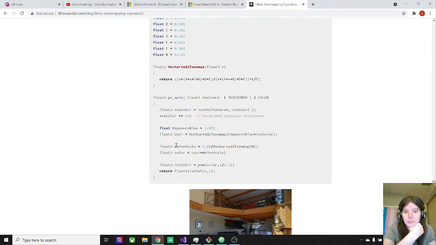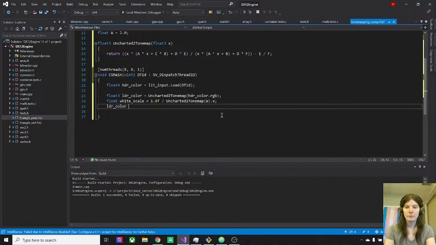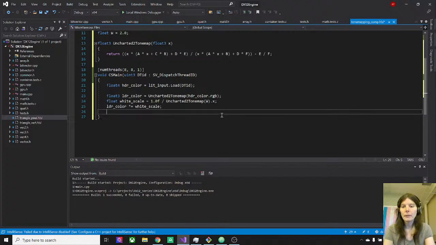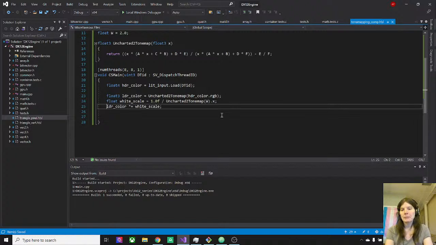Anyway, so what's the rest of this curve? Yeah, we take one over the tone map thing and just multiply it into the color. Okay. So now we have our color that has been tone mapped, but it's still linear in a sense. Obviously we've gone from linear lighting down to a compressed range, but